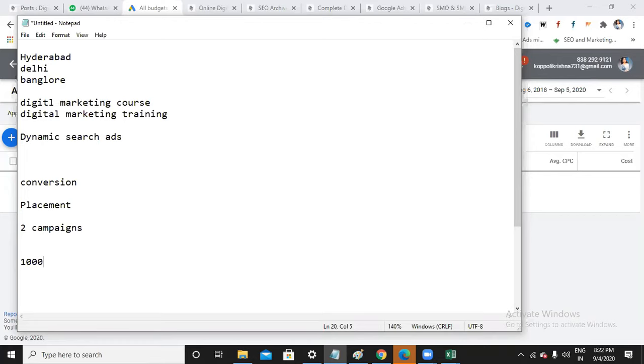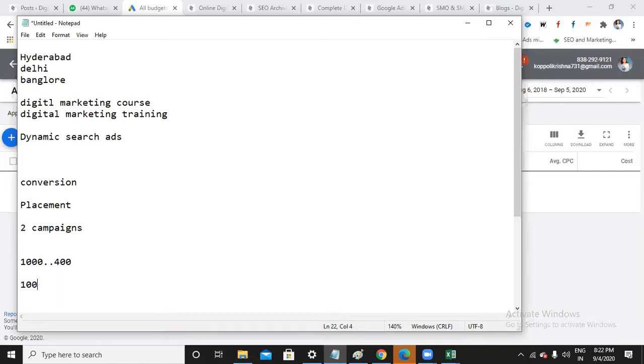Let us say on a given day, one campaign gets fewer clicks or impressions than usual, and it results in almost 400 rupees. Now, the remaining 100 rupees will carry forward and be shared with the other campaign.